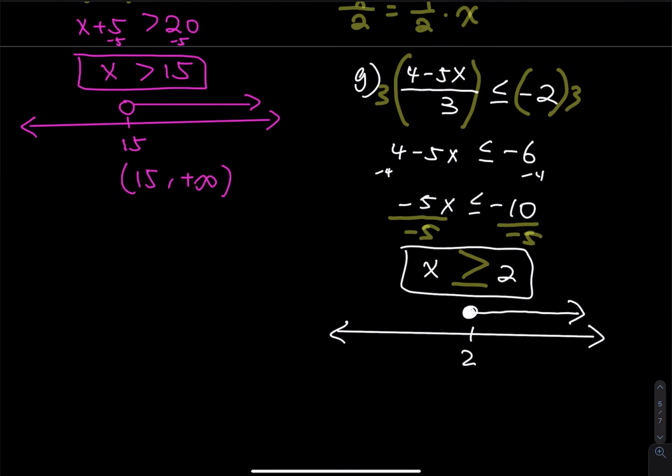And then the interval is from 2, square bracket, to infinity. We use a square bracket because there is an equal. And then for infinity, always parenthesis. That will be G. And then H